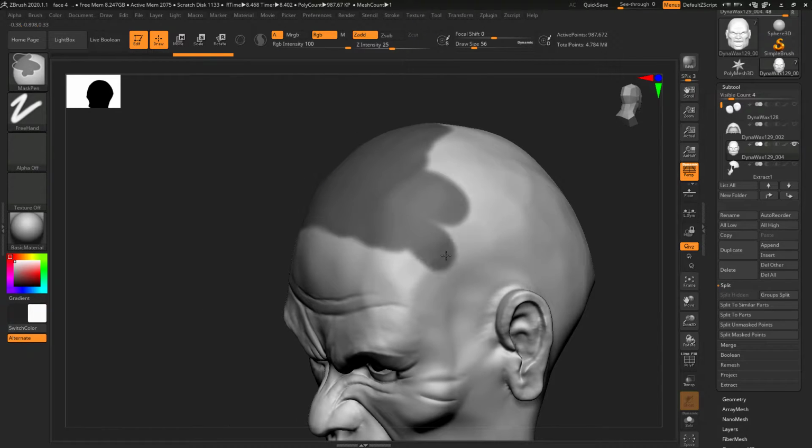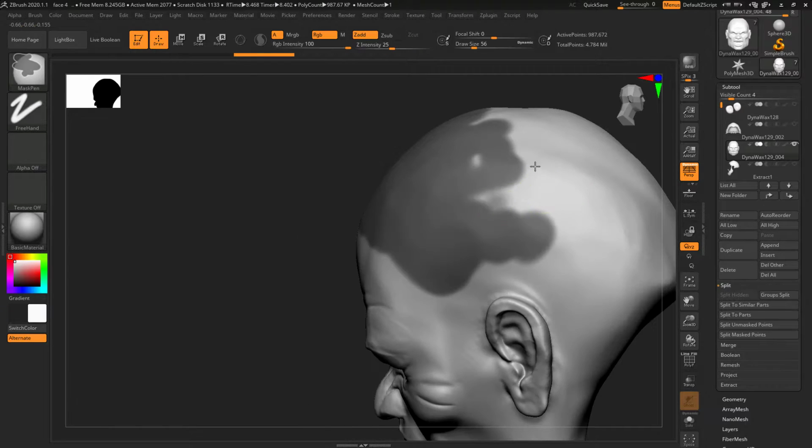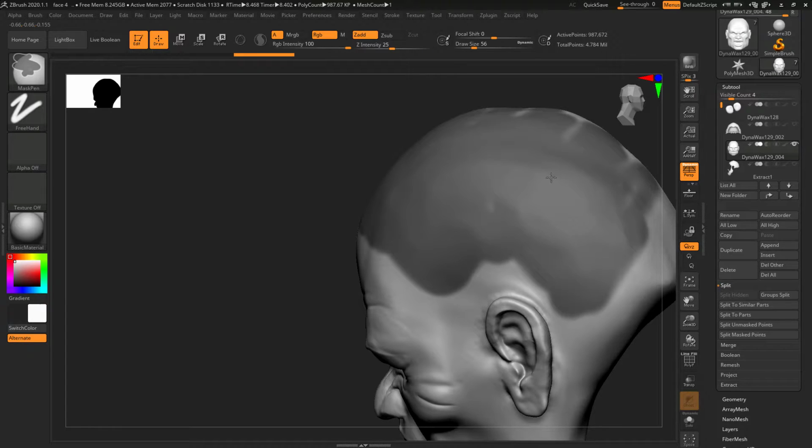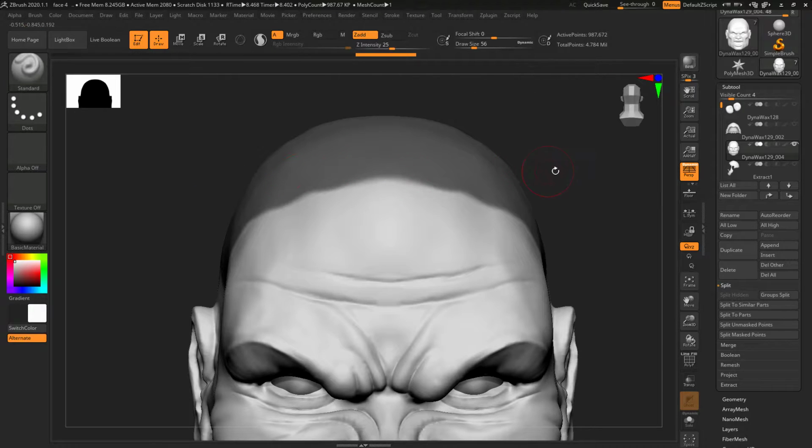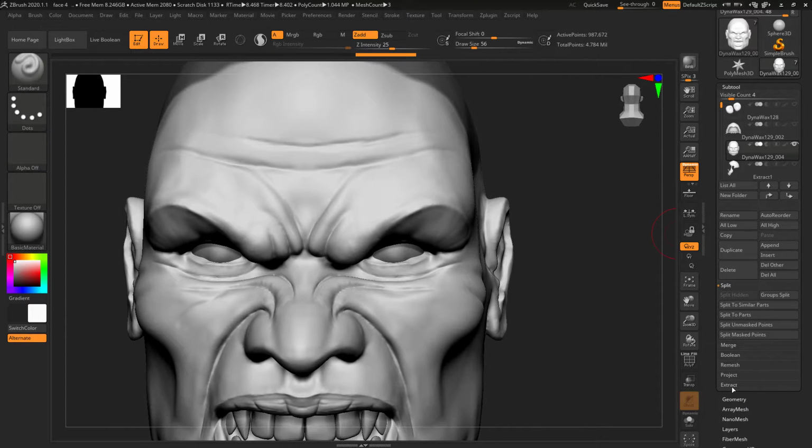So I will select the sculpt, a simple common area, and then I will go and click